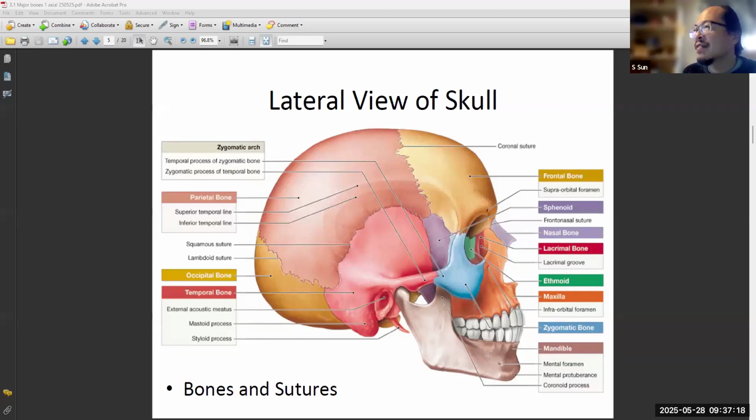So identifying bones is pretty easy. And then these bones have the sutures. So we are looking at the coronal suture, coronal side. This one is called the squamous suture, from here to here. This one is the lambdoid, right here, lambdoid suture. We will see more sutures if we look at the